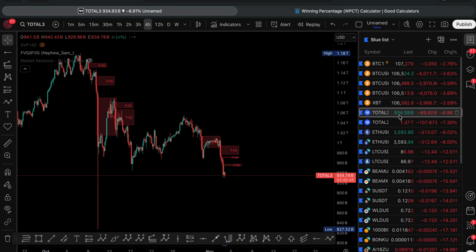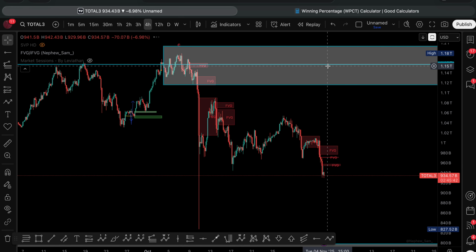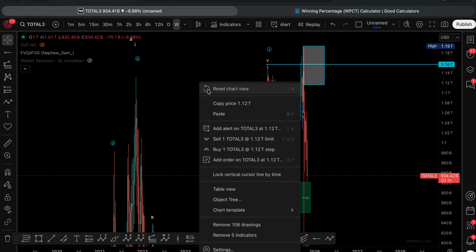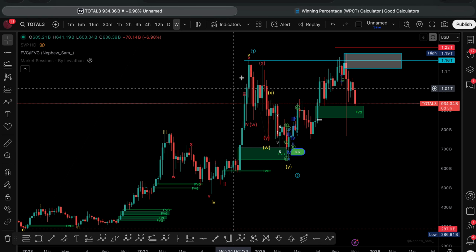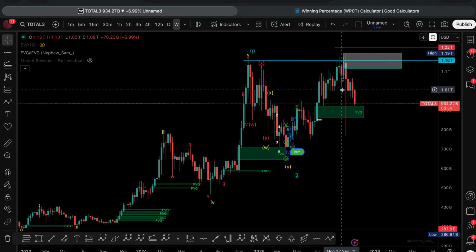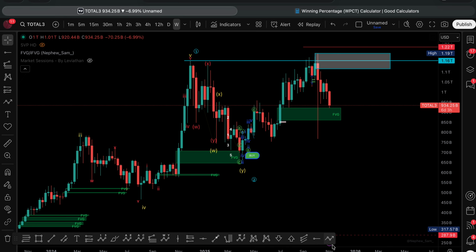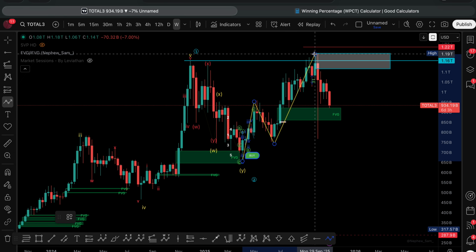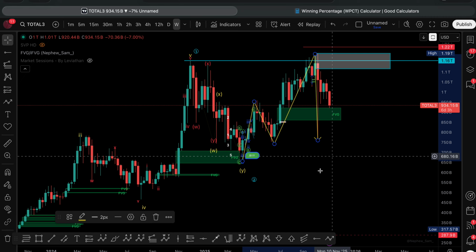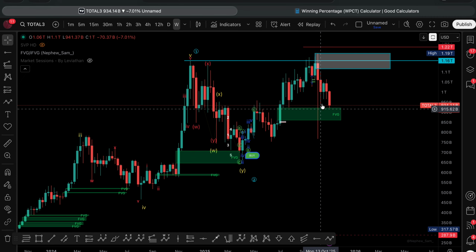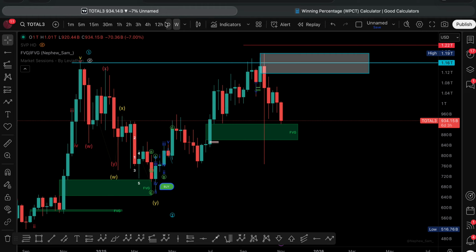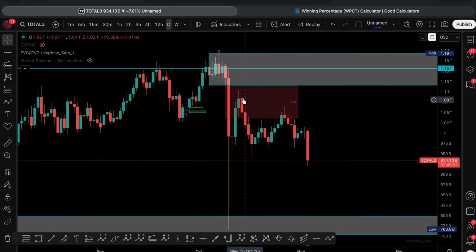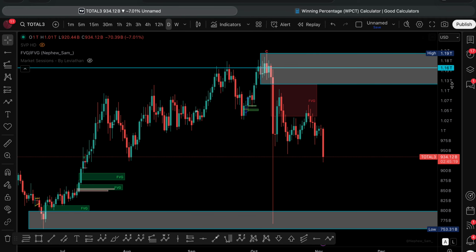Okay. So on the total market cap, which tracks altcoins, we have a double top over there. We have some sort of move to the upside over here, and of course we had a huge correction. As you can see, markets are not clear. Look at this. This is stepping into the unknown. We don't have much market data to work with at the moment.